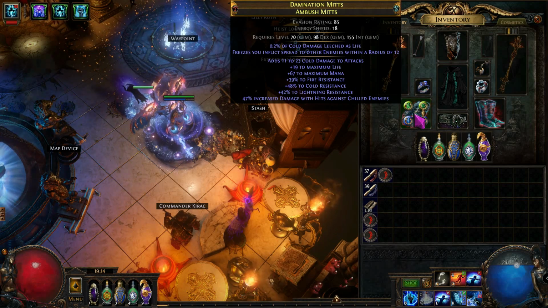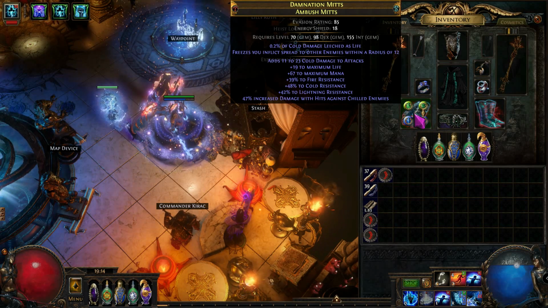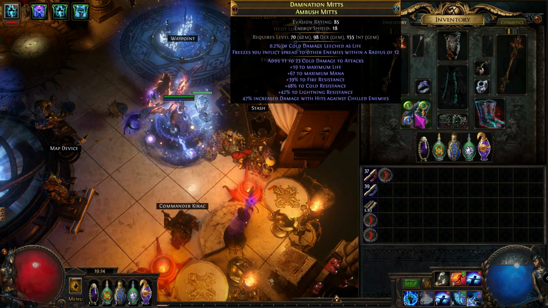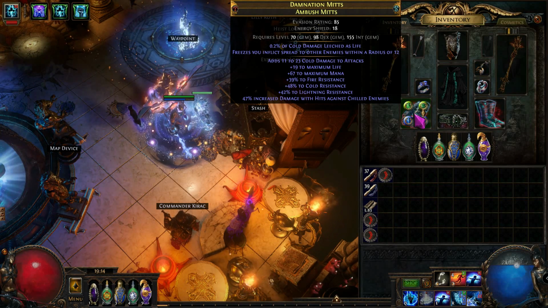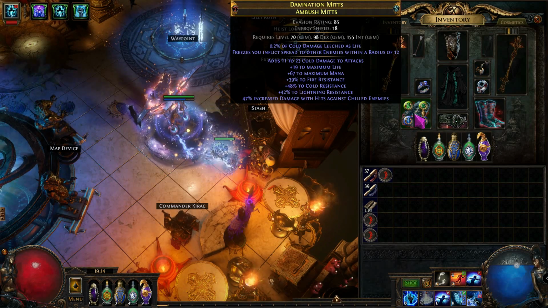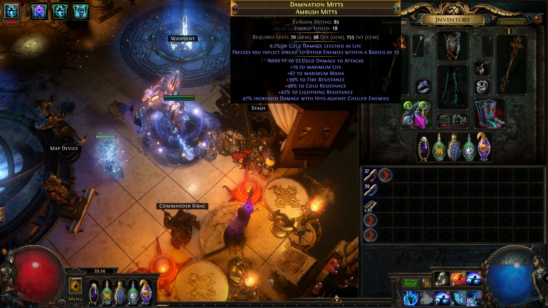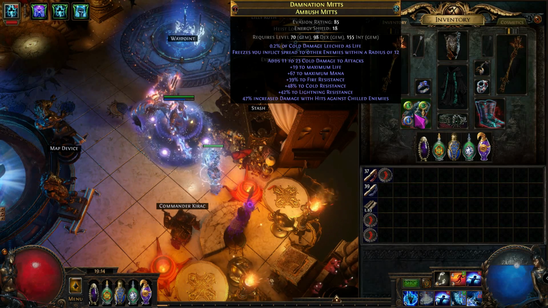These gloves are just about resistances, life, mana, and then these are one of the more expensive pieces of my build, to be honest, because to get something with all 3 resistances and the 47% increased damage with hits against chilled enemies, it's kind of expensive. I am trying to re-roll the prefixes on this so that I can get an open prefix and make them into